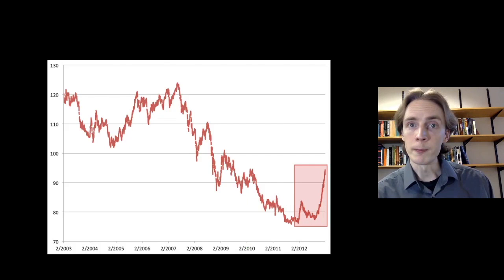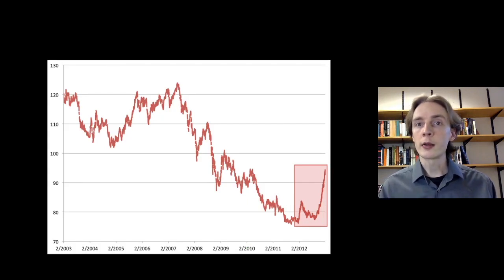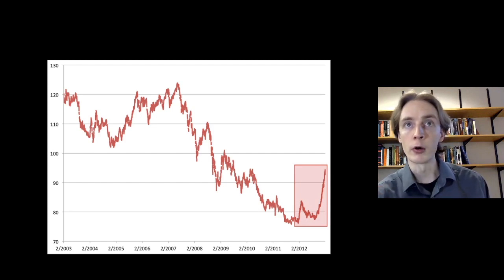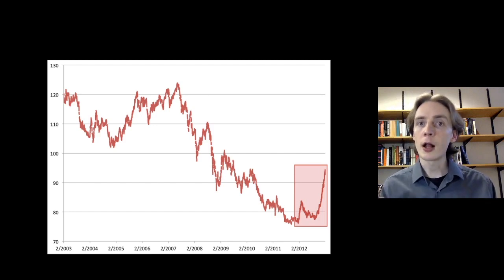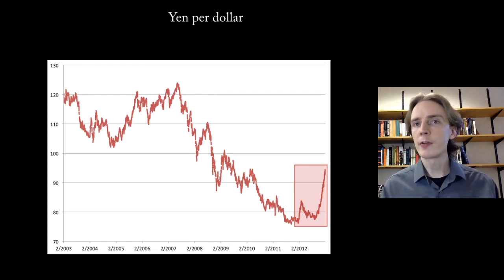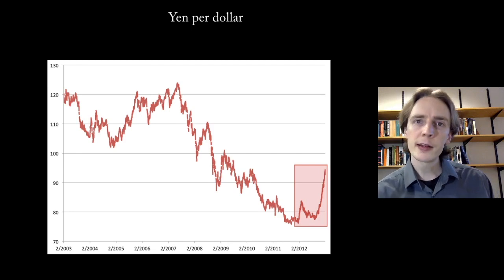Here's another example. This is the exchange rate between Japanese yen and US dollars. Now look at the vertical axis here. Given that we have numbers like 120 or 100, is this going to be dollars per yen or yen per dollar? Well, this is actually going to be yen per dollar. And this is how it's very often reported in the financial news, again, because people don't like to deal with numbers that are less than 1. So because this is yen per dollar,